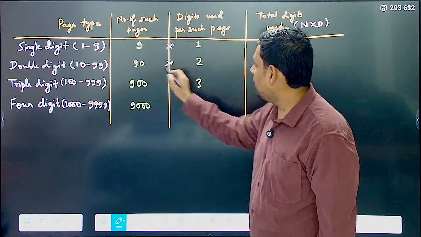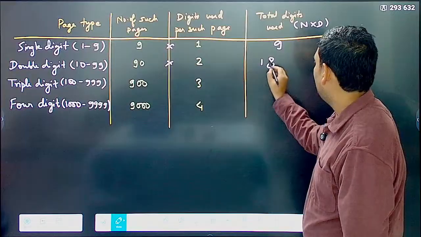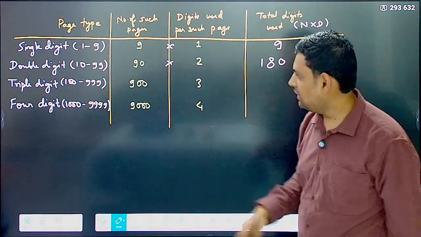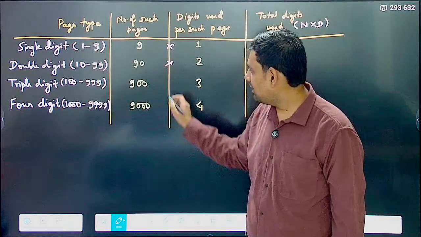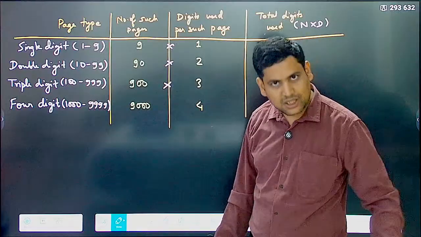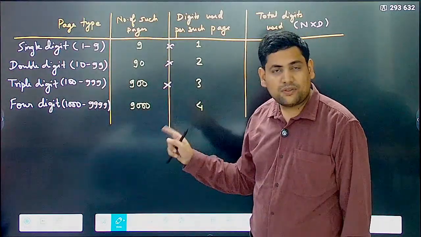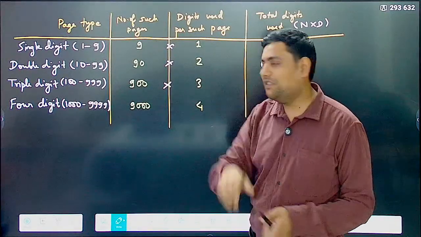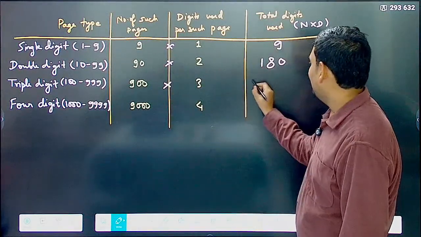Then 90 into 2, this will come out to be 180. Correct? Then similarly, now you understand the pattern. This will be 900. 999 minus 100 is 899 plus 1, 900. And for each of them, 100, 123, so 1, 2, 3. 3 for each of them. So 900 into 3. This becomes